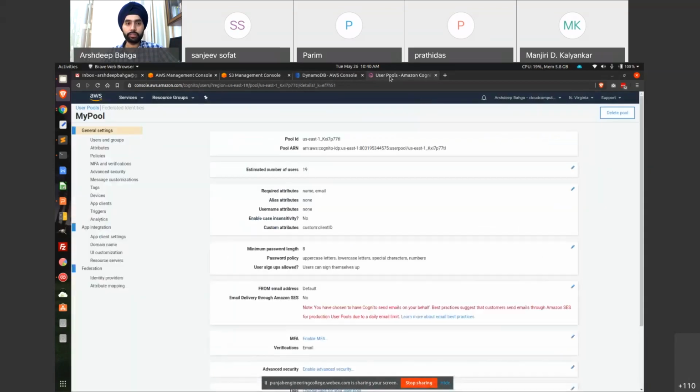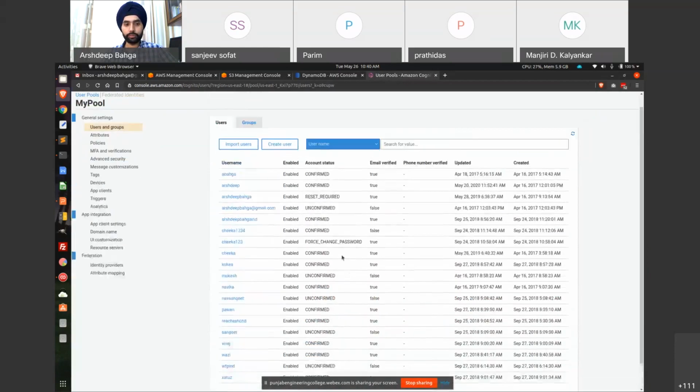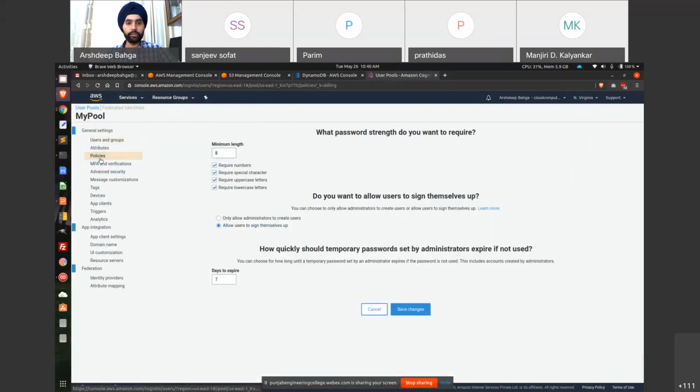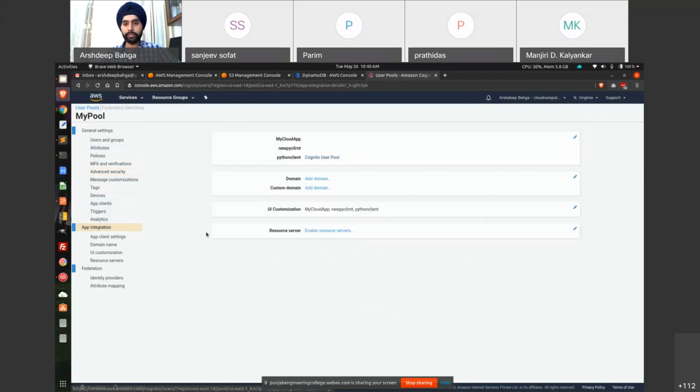And finally, we are using the Cognito service. Cognito service allows you to authenticate users. So like this, you can see various users within your application. You can define password policies and various other policies. You can reset accounts of different users, and you can enable authentication service for your web and mobile applications using this Cognito service.